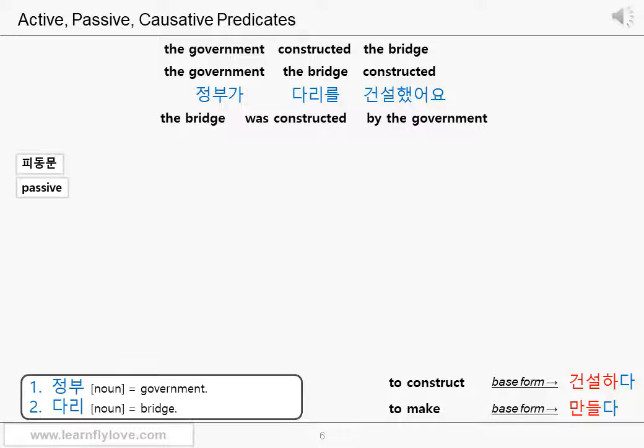Then let's make a sentence in the passive voice. The bridge was constructed by the government. The bridge by government was constructed. Let's see the predicative part first. Was constructed. When you turn the verb 건설하다 into the passive form, you use neither affix nor the assistant verb